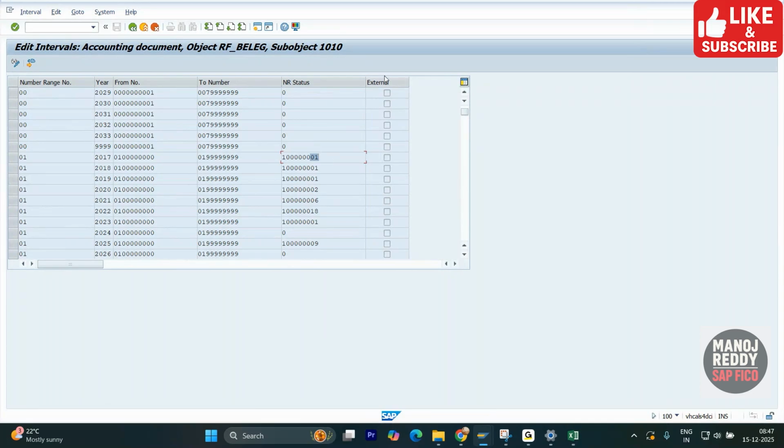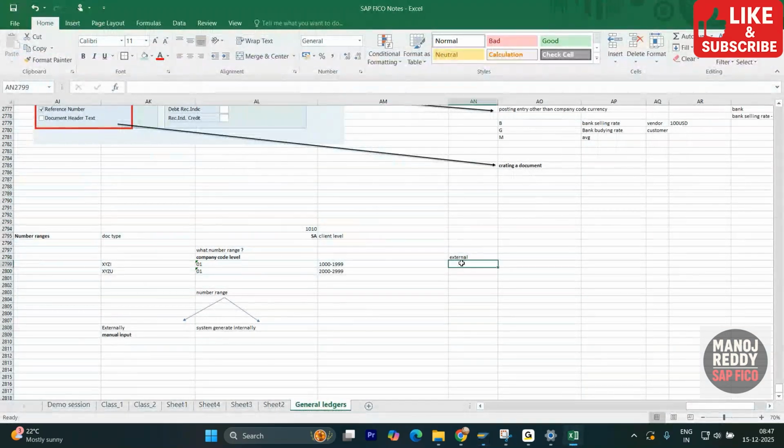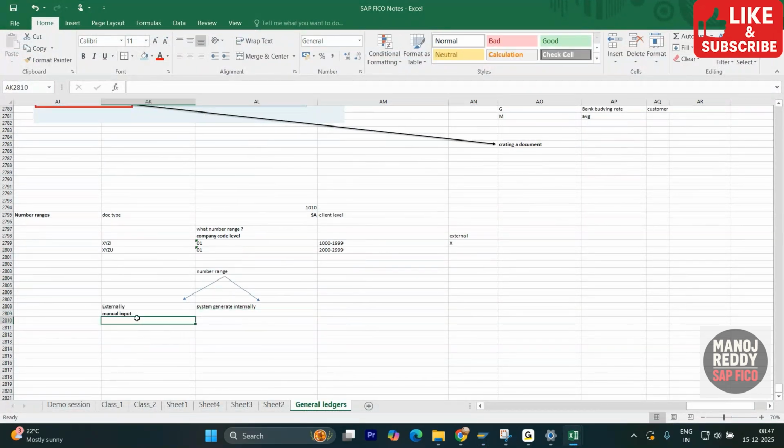Now you have external. So what is external? If I check this checkbox, then the system allows me to create a document manually with the manual number range. Check this checkbox: system generated or manual input. When I check this checkbox, the system will allow me to do the manual input, or else the system will generate the number range automatically